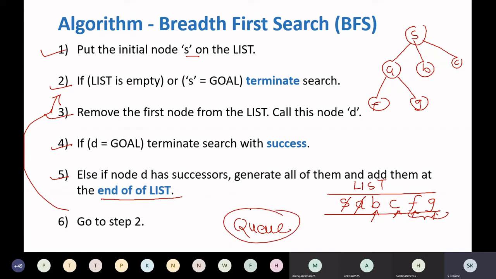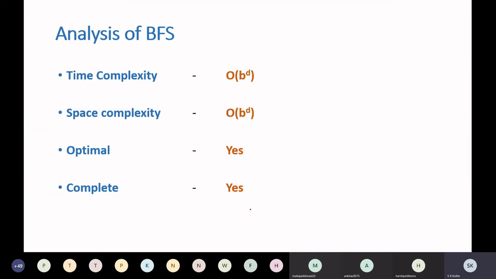Okay? So let us analyze this as we have done for depth first search. You will find that the time complexity is order of B raised to D, where B is the branching factor as in the previous case. The branching factor is not always the same, but on average we will approximate that. So it's an approximation, and D is the depth of the search tree.